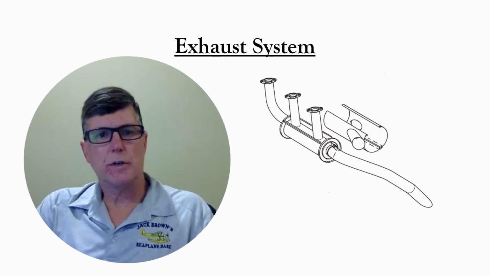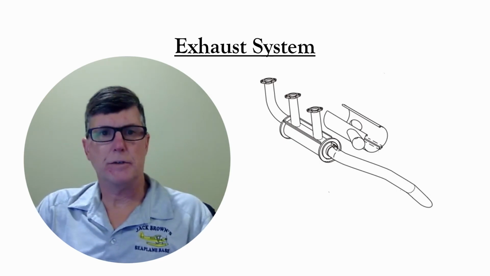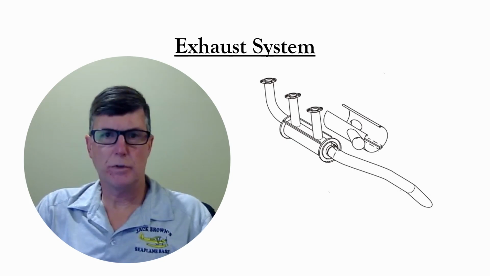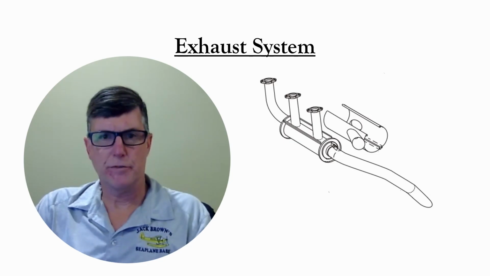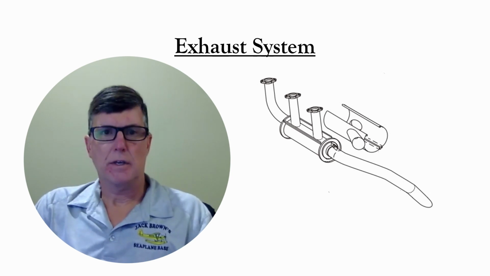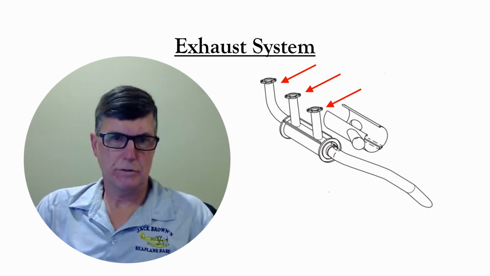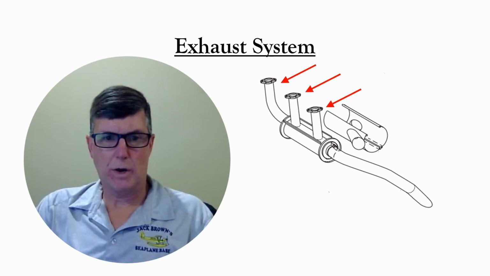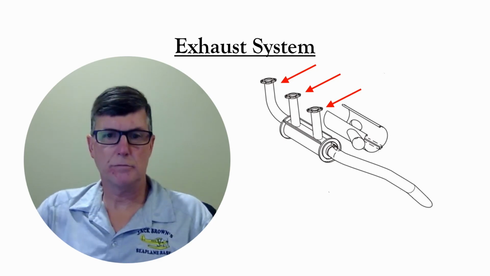The next system we'll cover is the exhaust system. The role of the exhaust system is to route the burned fuel and air mixture from the exhaust ports of the cylinders away from the aircraft. An aircraft exhaust system includes collectors. These are the parts that route the exhaust gas from the cylinders to the muffler itself,